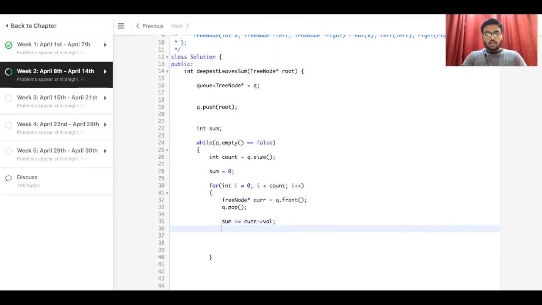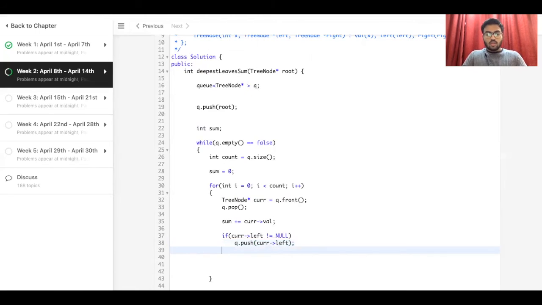All right, now we check that if current left is not equal to null, then we do q dot push current left.